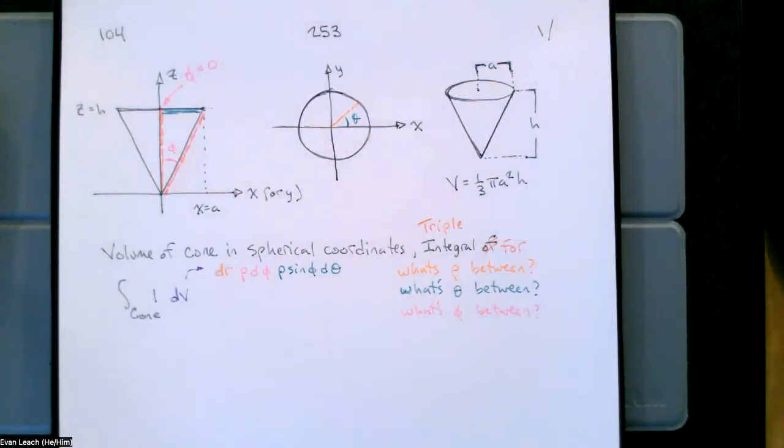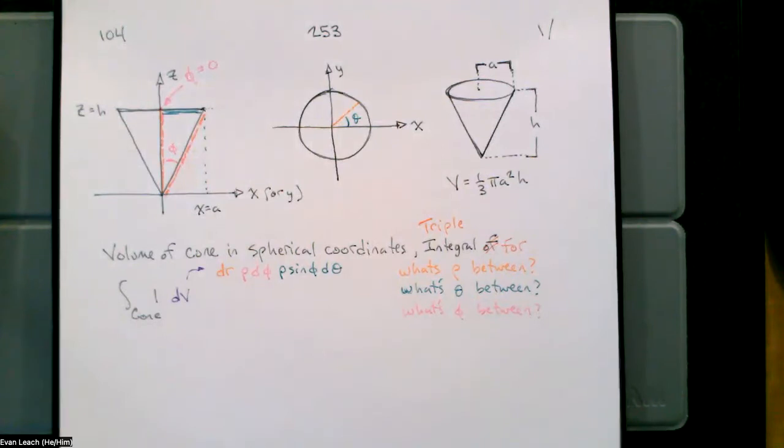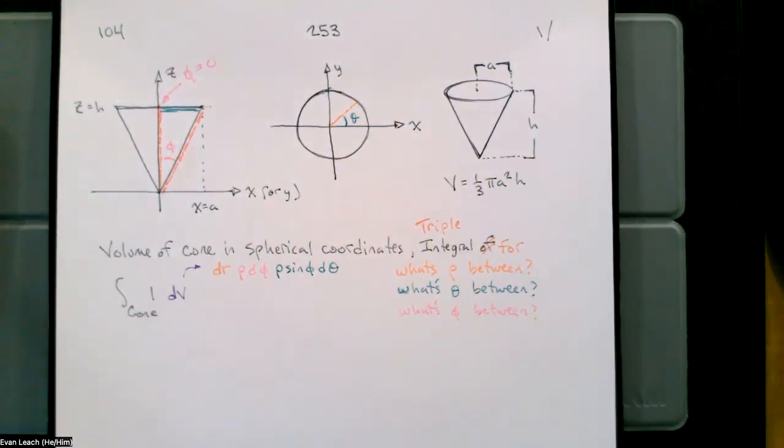Today, we're going to write our triple integral in spherical coordinates for the volume of our cone. We want the integral over the cone of the unitless function 1 dV. Remember that in this coordinate system, one of our coordinates is a distance, the other two are angles. So when we write dV, a small chunk of volume, I need dr, d theta, and d phi to all